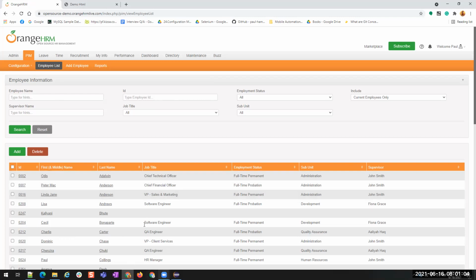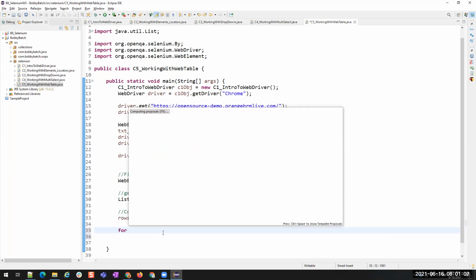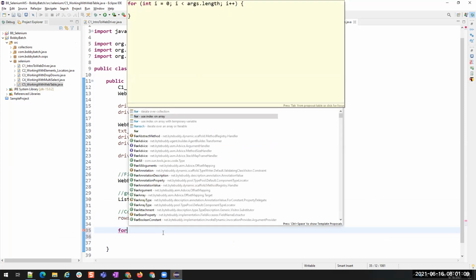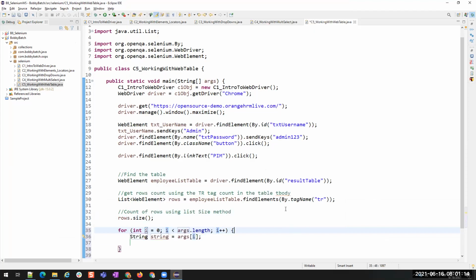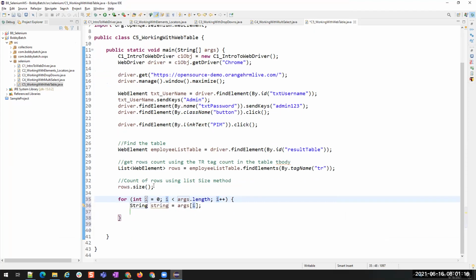That is the reason I'm going to use a for loop to iterate over each row, starting from 0 till rows.size(), with i++. This is a normal for loop; list index starts from 0. So I'm using 0 and then iterating over each row from the table.